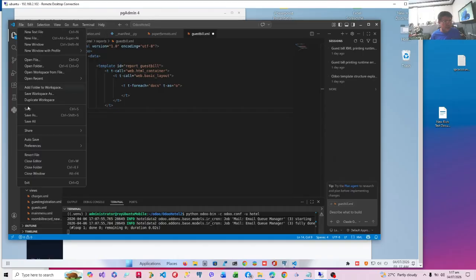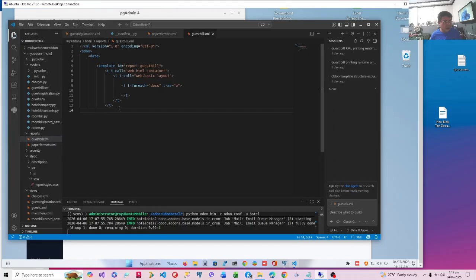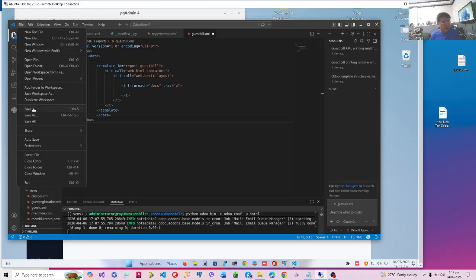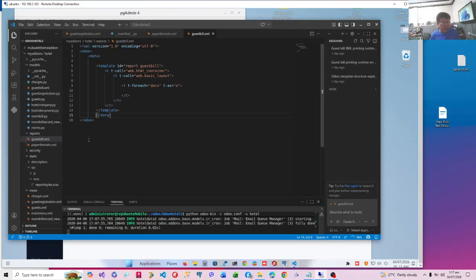Save this. And then we'll have to end this with the data, and then tab again. So we just have to properly indent. So these are the complete set of tags.